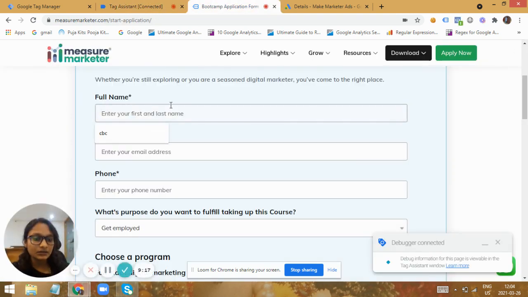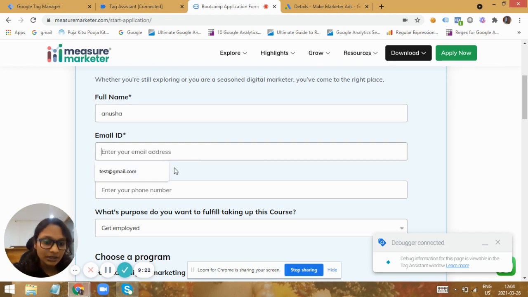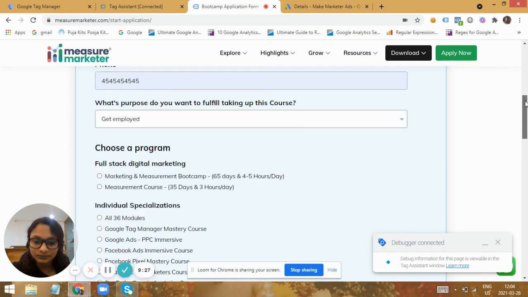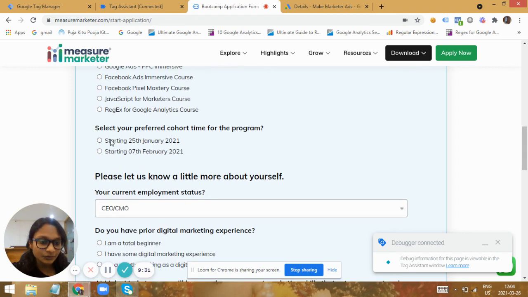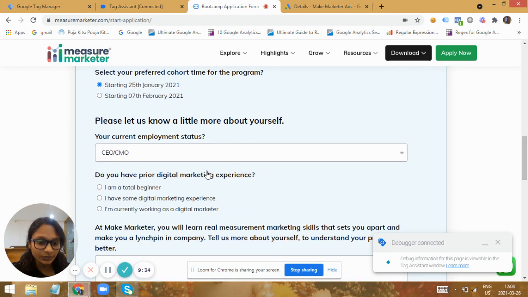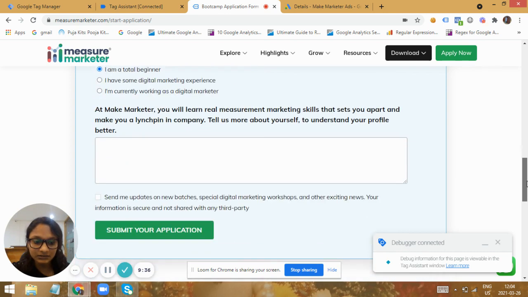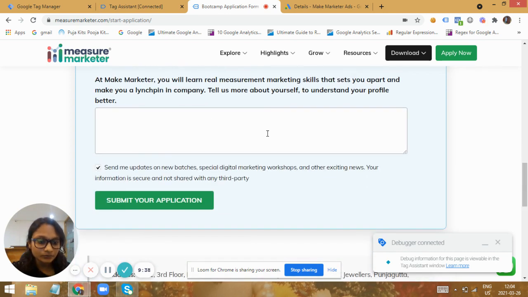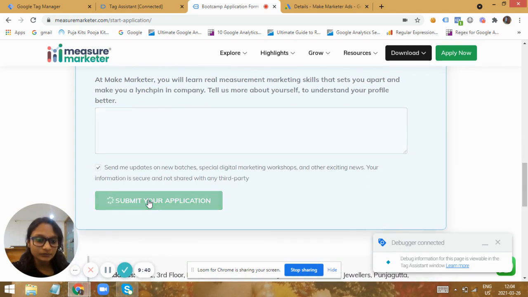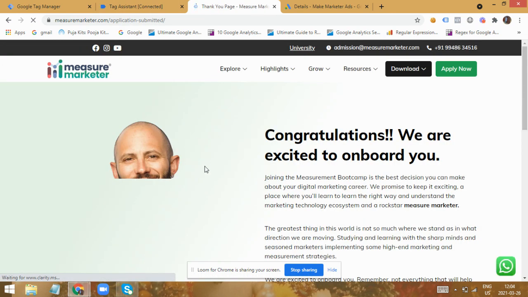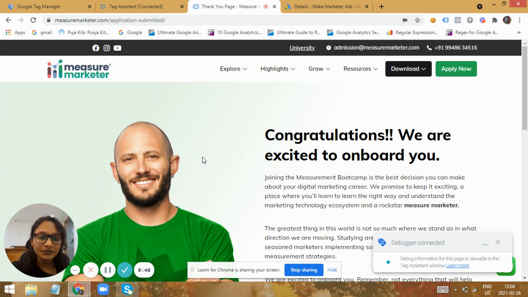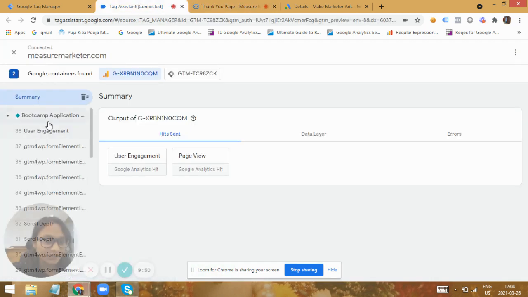This is the form where I have implemented the conversion and the remarketing tag. Let me just fill this form with some random values. I'm just testing it. So whenever the user fills all these details and submits the form, then an event along with some properties has to be sent into the data layer. So this is the thank you page they would reach. On this page, I'm going to fire this event.